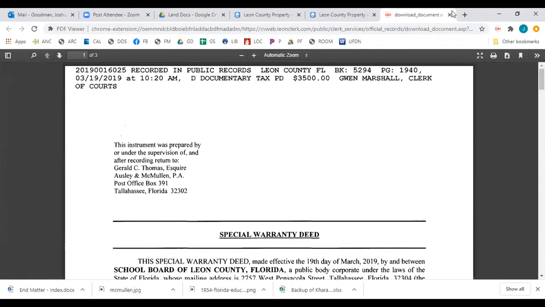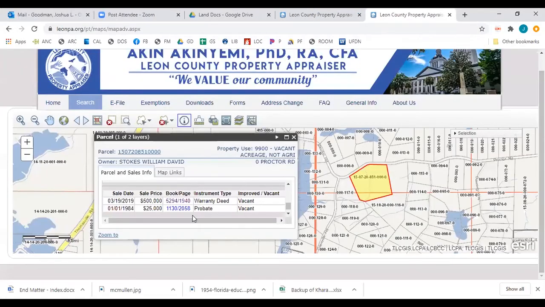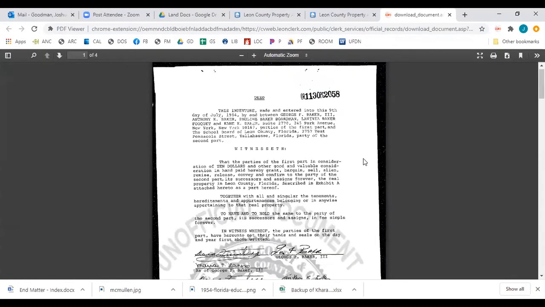All right. And then I can even look at the sale before that. It looks like the time that the land was sold before that was 1984. We can look at the sale price. Wow, that was a major jump in value from $25,000 to $500,000, or that's the sale price, not necessarily the value. But we can get the deed for that as well. Now, it won't give you every deed all the way back to the patents. That's why we've got other methods. We'll talk about that next, about how to find the previous owners of a piece of land.